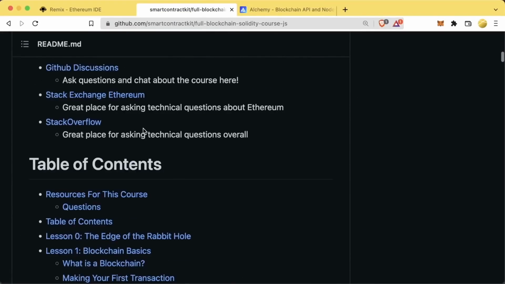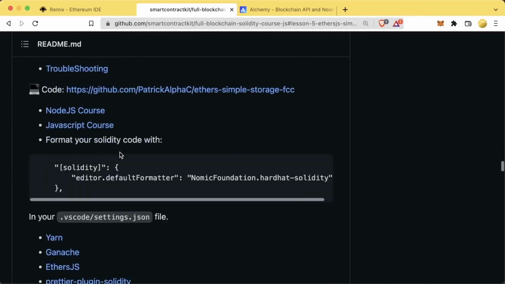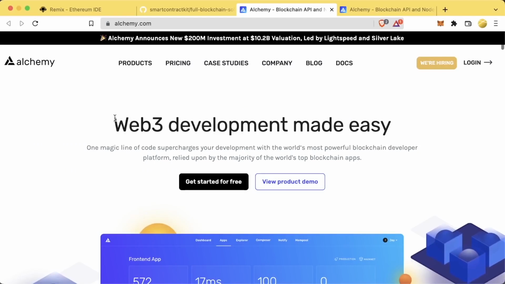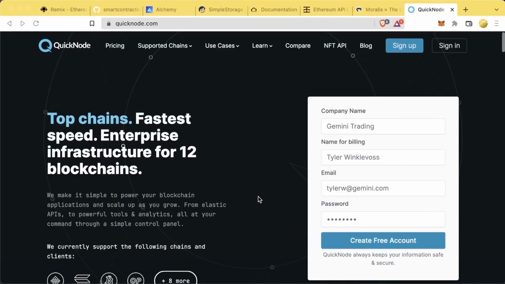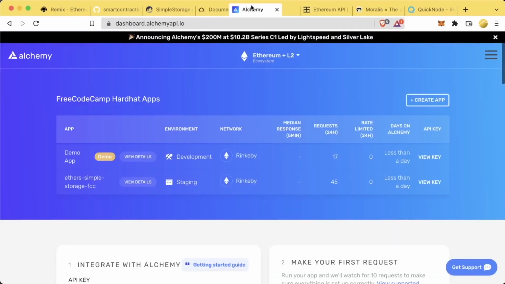In the GitHub repo associated with this course, we go to lesson 5. We can scroll down to get a link for Alchemy. Alchemy has a node as a service and allows us to connect to any blockchain that they have support for. Some alternates might be QuickNode, Moralis, or Infura. These all have node as a service options, but we're going to work with Alchemy because it's the one that